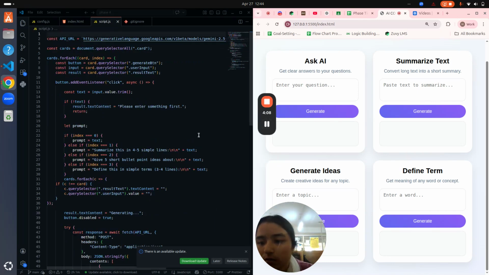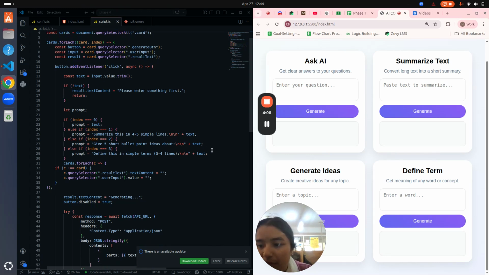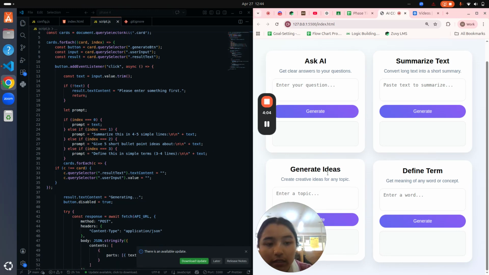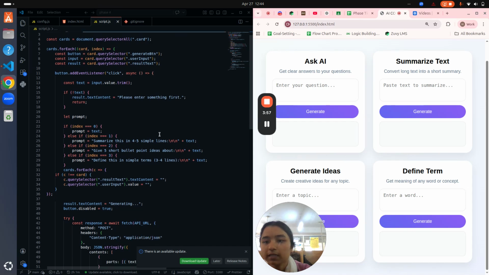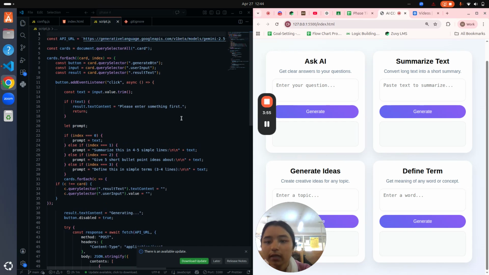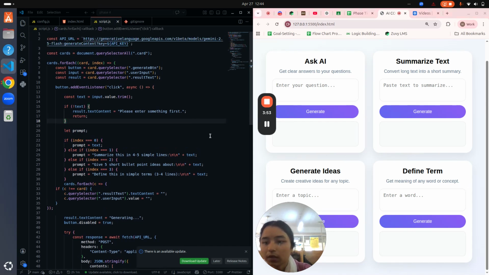JavaScript is responsible for making the application interactive and connecting it with the AI API. Firstly, I have defined the AI URL, and this is the endpoint where the request is sent to the server. It includes an API key for authentication, which I have secured in another file for